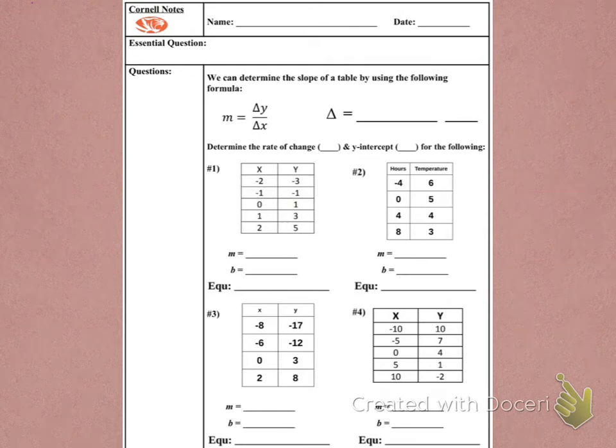So for this video lesson, you need these notes pages if you're in class, or you could take notes in your journal or use OneNote. Make sure you have a writing utensil, a pencil, or a pen in front of you, and let's begin with